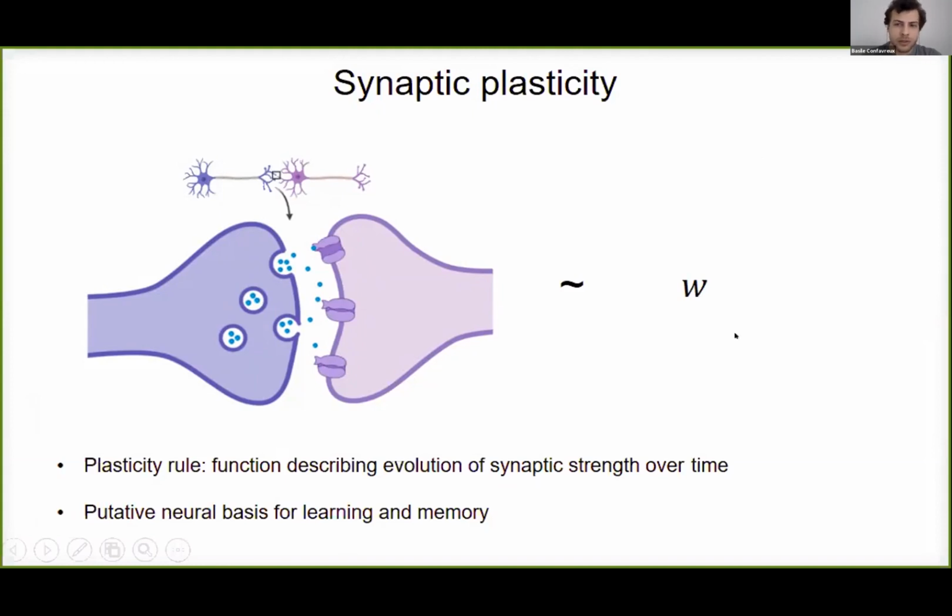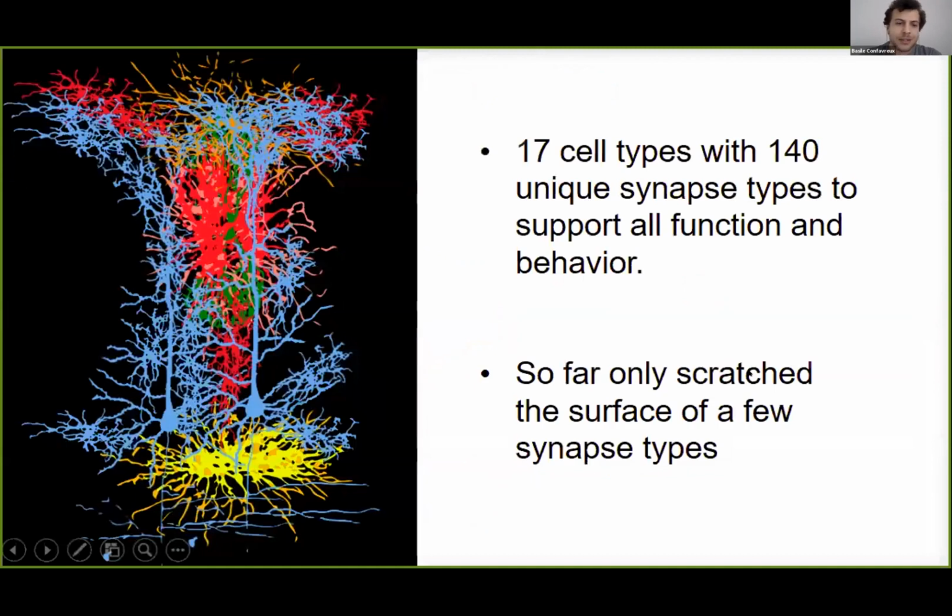And what we are looking for in this work, the plasticity rules, are the function describing the evolution of synaptic strength over time, this delta W function here. And even by collapsing everything into a scalar, this still turns out to be a hard question, mainly because we don't have the tools to observe synapses through time without destroying the network. And there are at least 17 neuron types in the cortex alone, with over 140 connection types, each following a potentially unique plasticity rule. And the classical rules that we know today are the result of 70 years of study of only a few connection types.